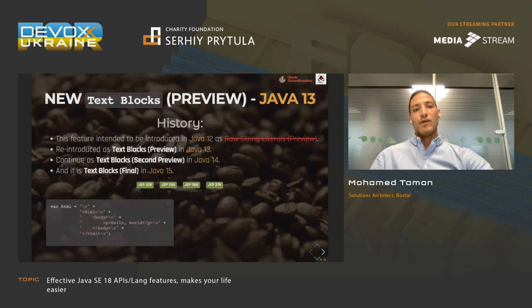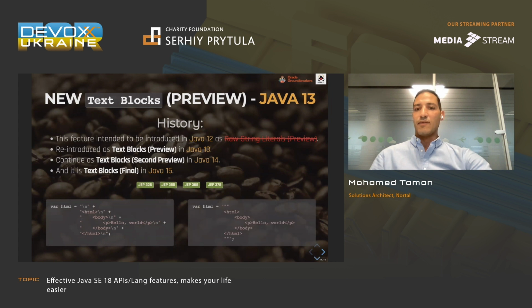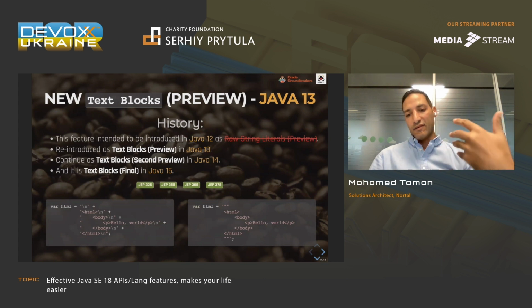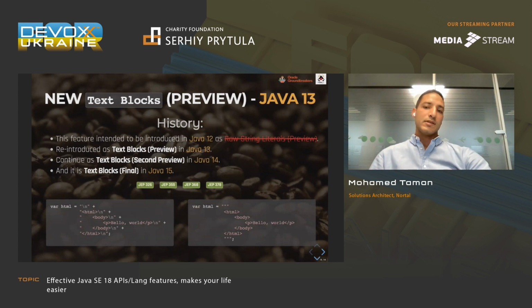And finally, this old ugly plus and assignment and this kind of alignment, now you just can write it like this, three quotes at the beginning. You write the code as what you want. The spaces will be considered as an alignment, and it's cleanly very readable. To be honest, I use it many times inside the JPA.